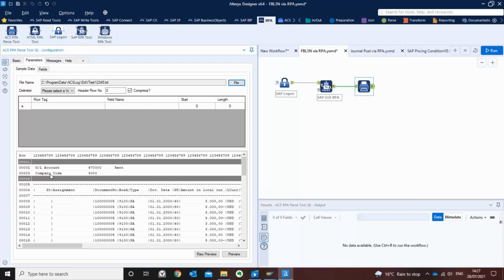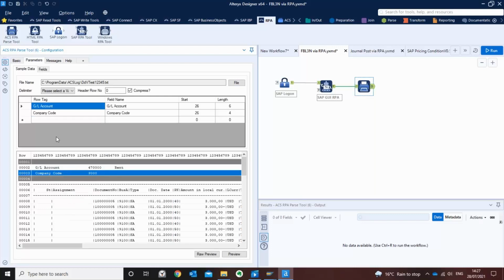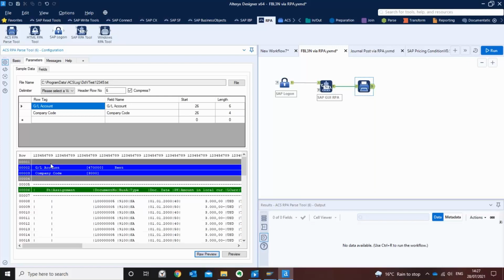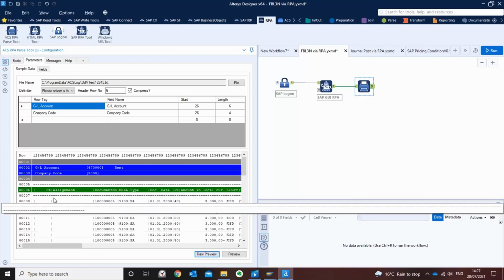What we can do is say, look at these two guys here, GL account and company code. It'd be nice if they were incorporated in this table. And we can do that using a right click and then process as a header field. And you can see immediately it starts to identify those. I also can see that this row here is actually the headers for the table, so I'm going to identify those. If I say raw preview now, it color codes them for me so I can start to see what's